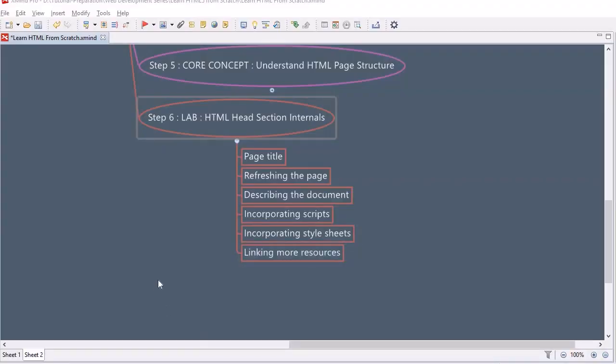In the same way, we can also incorporate more resources like an icon file, and language related information, into the head